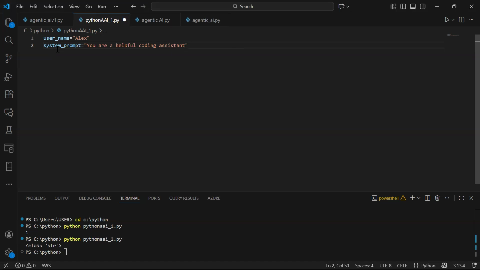Your helpful coding assistant. Okay, so we are defining two variables. One is username, and the second one is system prompt. Okay, now once we have defined this, now next is